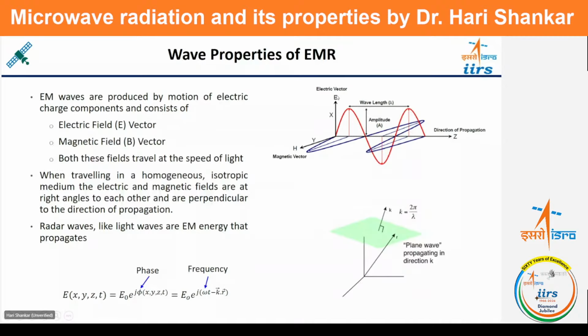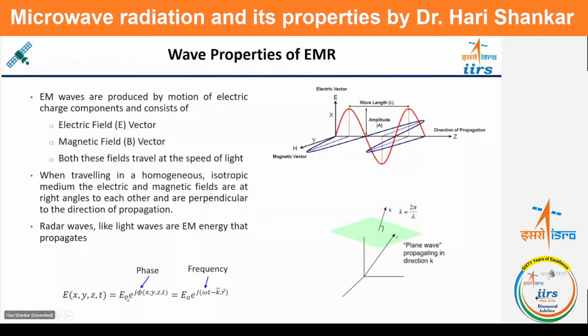So here you can say this is the three-dimensional representation. Let us say this side, the y-axis, is the magnetic vector and the x-axis is the electric vector. Both are perpendicular to each other, and this z direction represents the direction of propagation. It means all three are perpendicular to each other. And if we concentrate on the electric field vector, we can describe it like this: